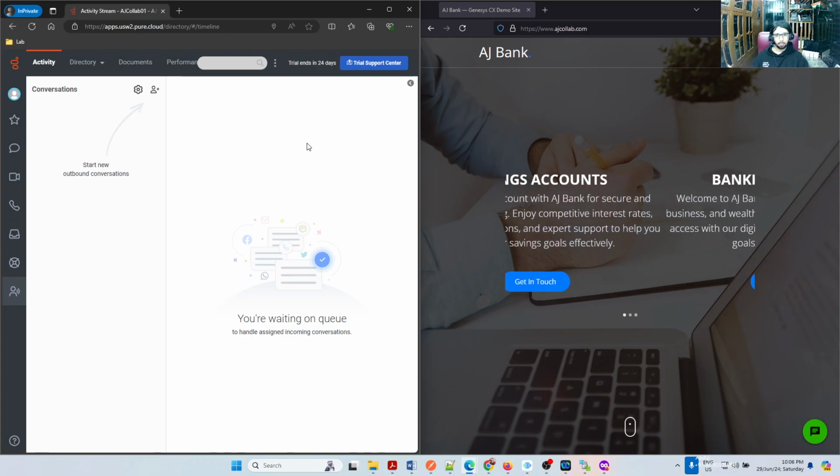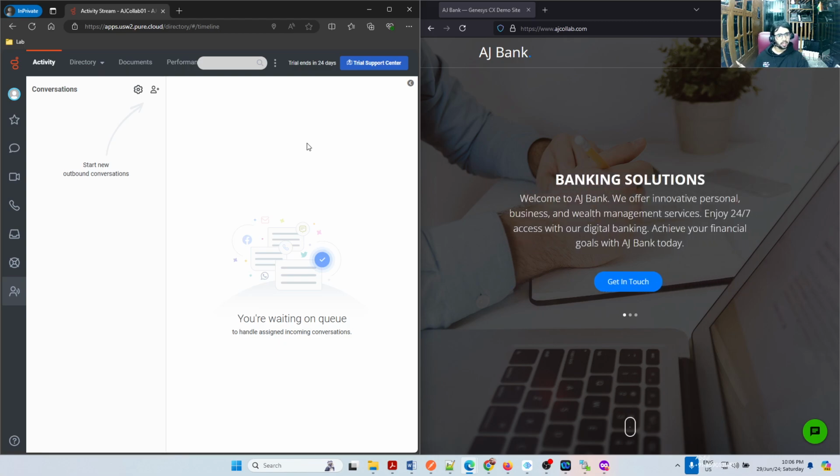All you guys are sending messages, everything will be in the queue and I'll be presented with all the messages. There is a possibility called Genesys Data Action and API. With that, I can pull and see whether the user is actually available or not. Then based on the true or false condition, I can say, okay, if the agent is available, present to the agent, getting into the queue and do things. But if the agent is not even logged in or not available, send that somewhere else saying that, okay, agents are not available. We are not implementing that, by the way, but that is the possibility. We can do that also.